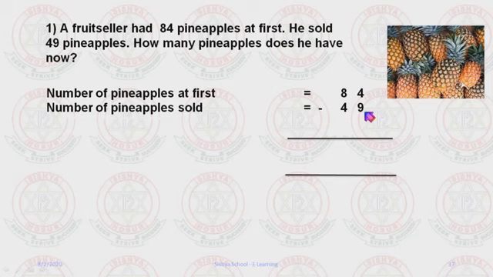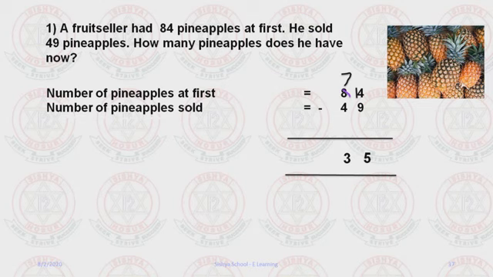So what is the rule? Yes, you know, borrowing or without borrowing, right? Check. Start from the ones place. Now if you see 4 and 9, which is greater? 9 is greater, but the greater number is at the bottom. So what do you have to do? You have to borrow. Borrow from 8. If you borrow from 8, what happens? Yes, it becomes 7. Then give 1, so it becomes 14. 14 minus 9 becomes 5. And now 7 minus 4 is 3.